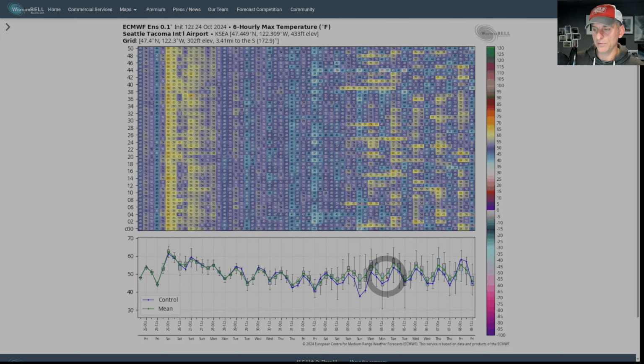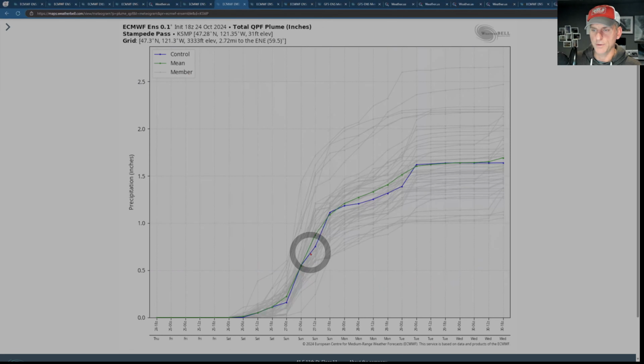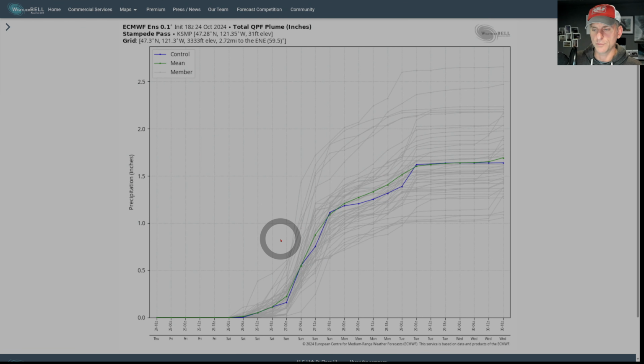And again, the green line is the ensemble mean. The blue boxes are the 75th and the 25th percentile, I believe. Some of these graphics show between the 90th and 10th percentile, but that's not really important right now, so we're just going to let that ride. I could be wrong with the 75th and the 25th percentile. But anyway, back to what I was talking about as far as the ensembles.